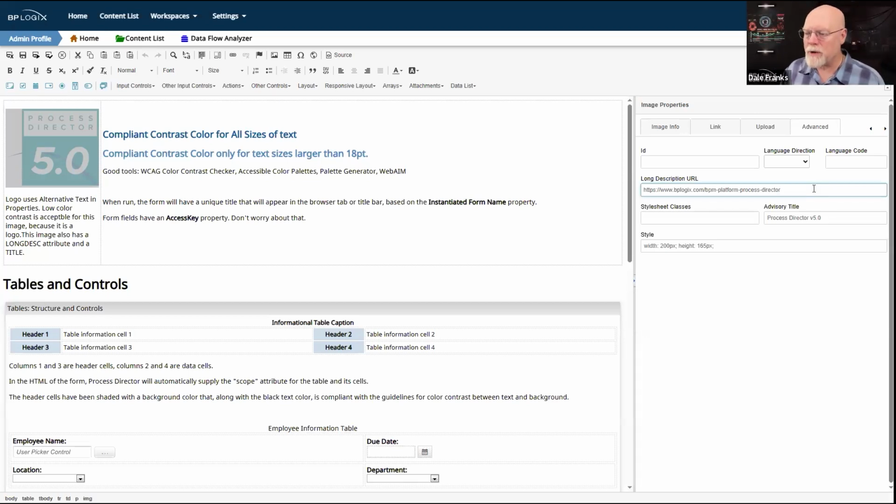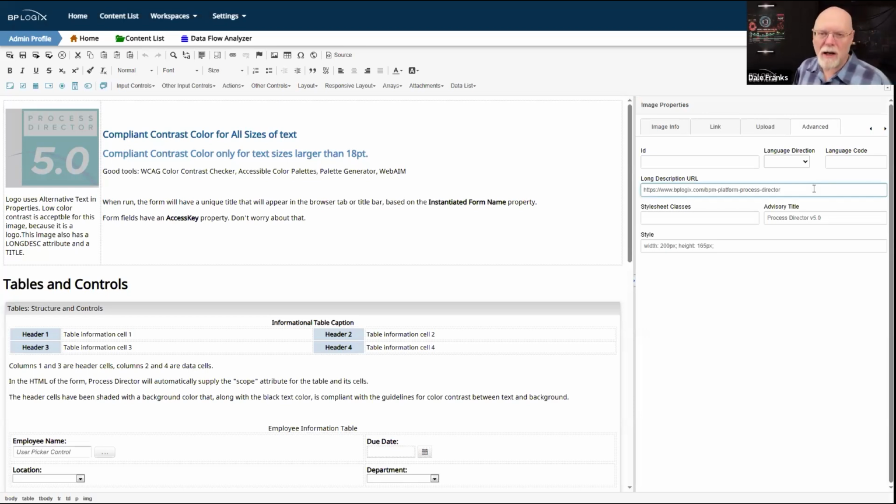So the long description URL is an optional property that would enable a user to open that URL and then be able to read or have read to them a full description of what the image shows them.